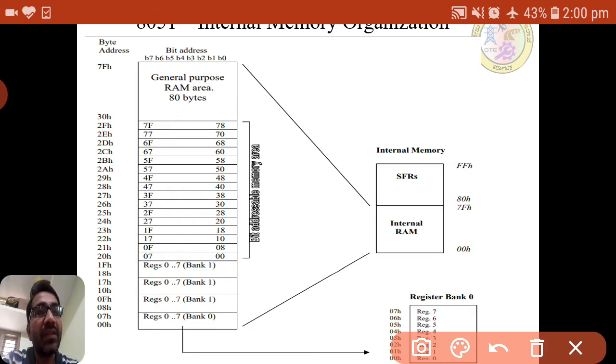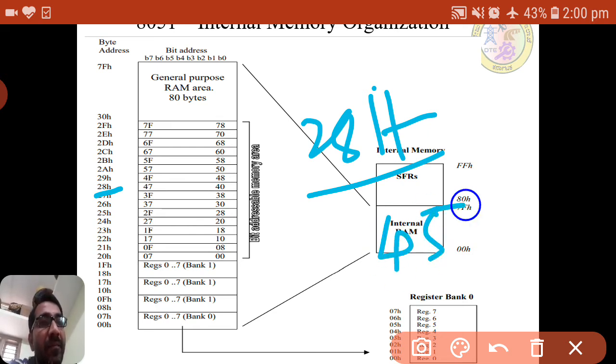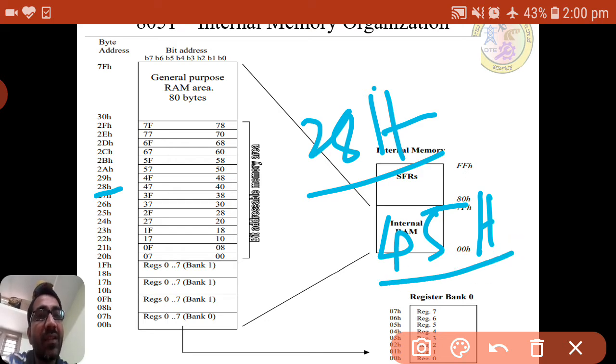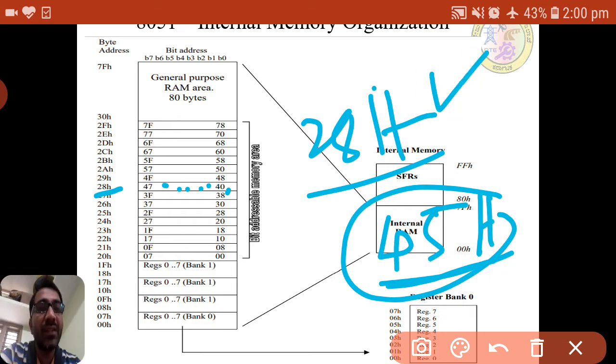Now suppose I want to access a particular bit in the 28th address, using 45h as the bit addressable area. 45 means 40, 41, 42, 43, 44, 45, so 45 is bit 5 counting from 0, the sixth bit, which I can access. For bit address 45, the byte address is 28, and that depends on the instruction.